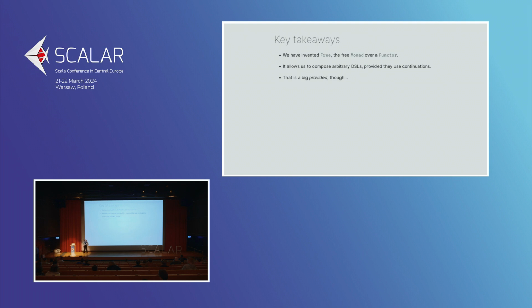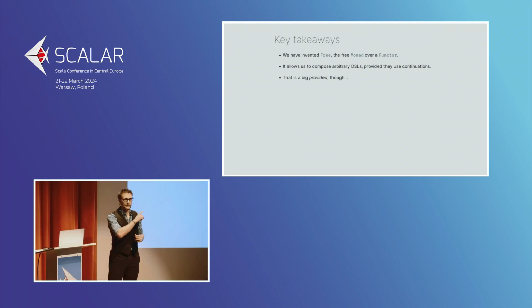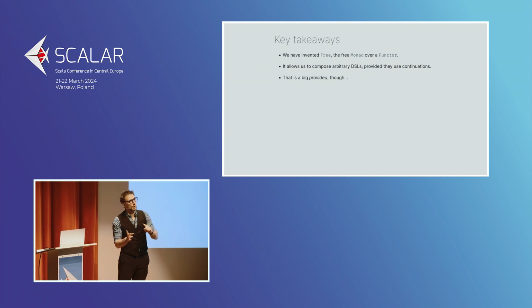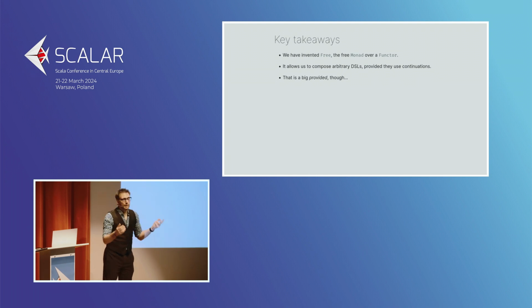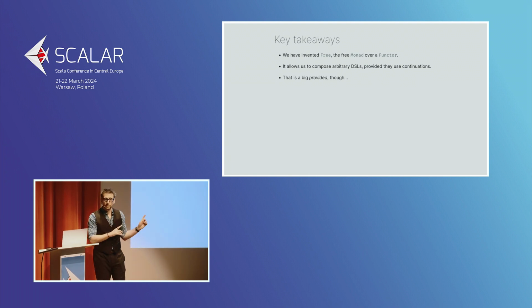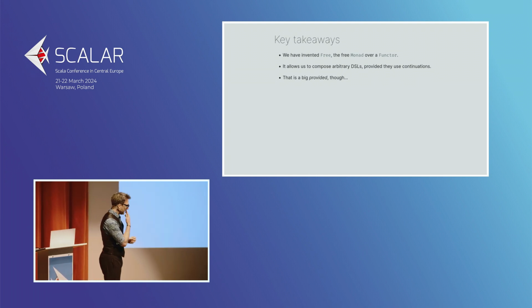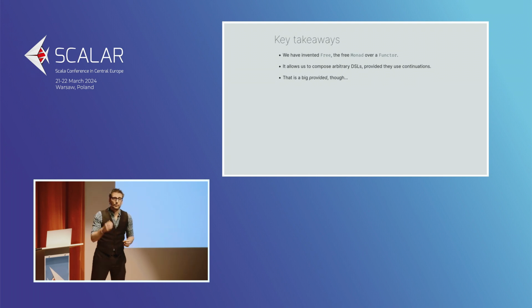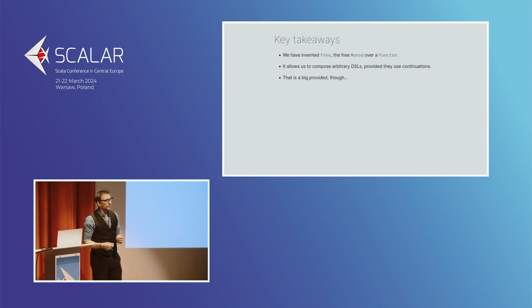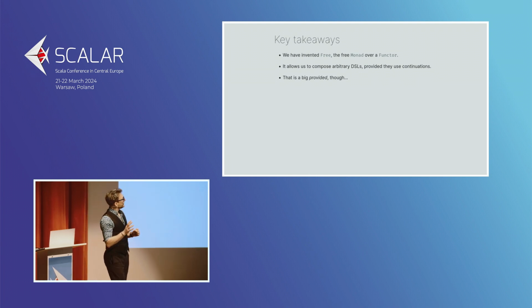Here's the intuition. We have invented the free monad over a functor, and that involves continuations. But also, we've seen earlier, if you remember, I pointed it out, the fact that we have a continuation and a functor constraint are very linked. So maybe if we manage to invent the free monad over any type constructor, then we would not need a continuation. And yeah, that is a thing that exists. The free monad over a type constructor exists. It's called Freer, presumably because it's slightly more free than Free.